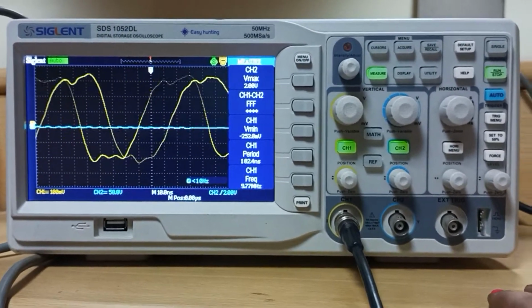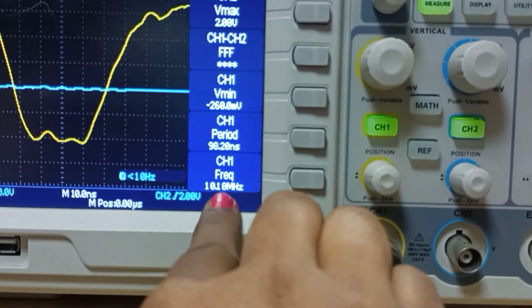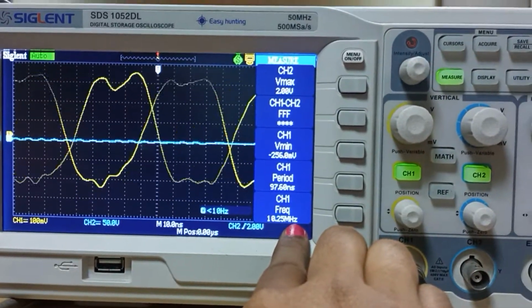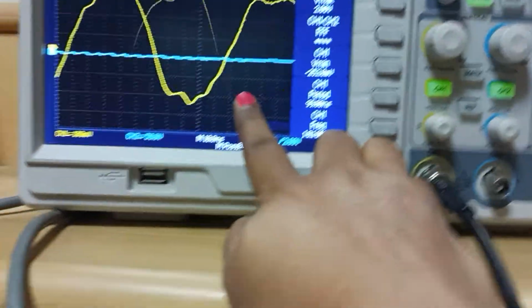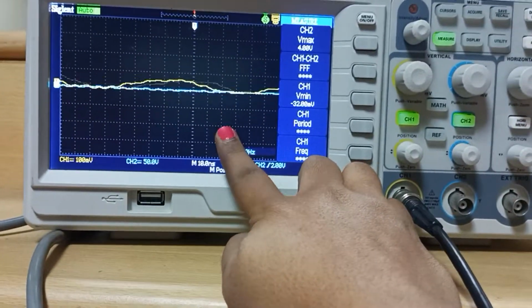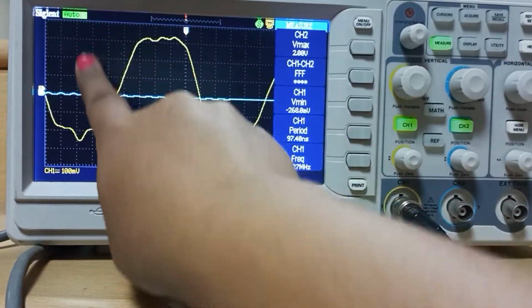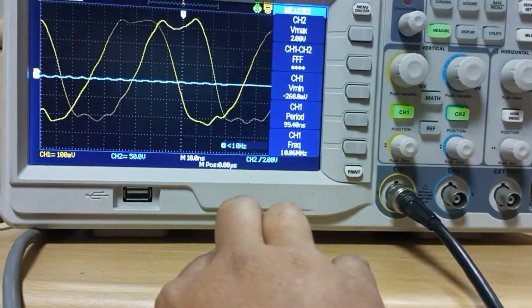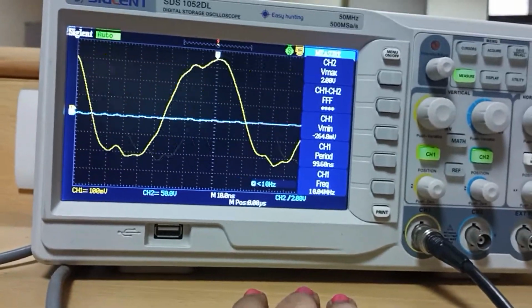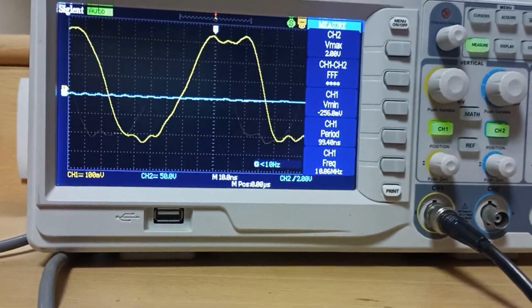In the CRO we see that the frequency of this signal is about 10.18 megahertz, and in this CRO we know that the plot is between time and amplitude, but in the frequency spectrum analyzer the signal is plotted between frequency and amplitude.